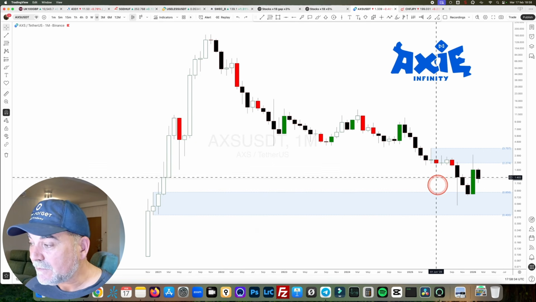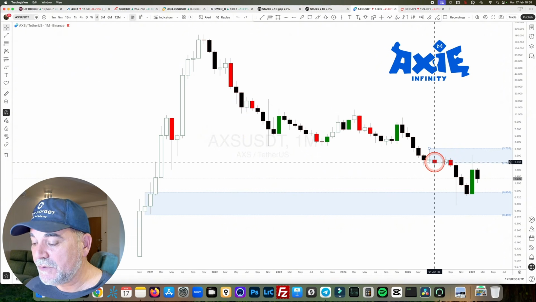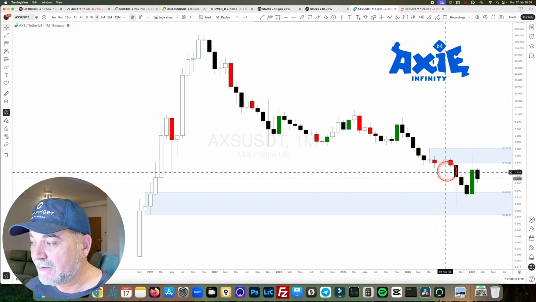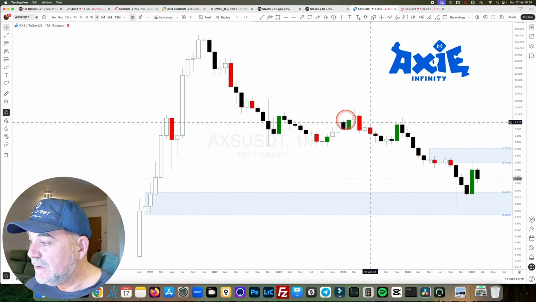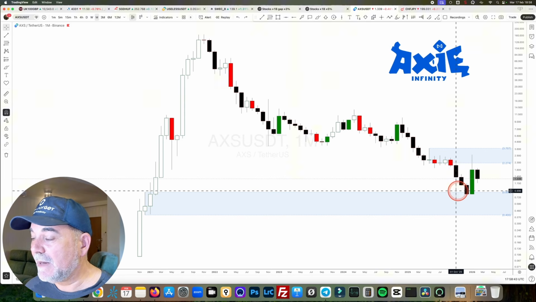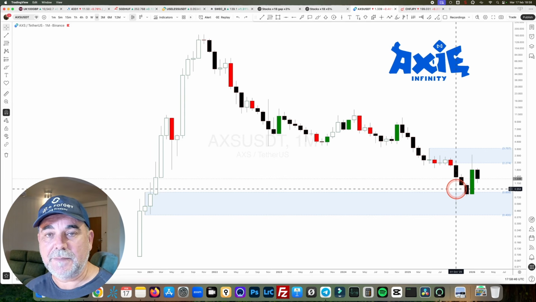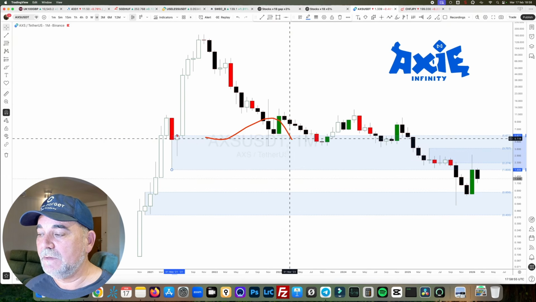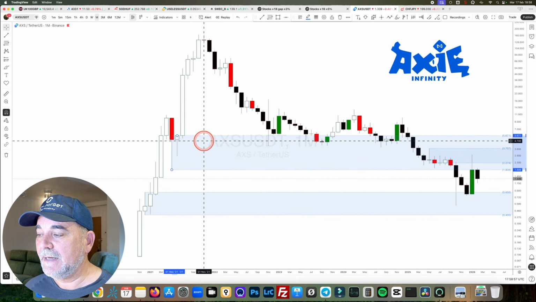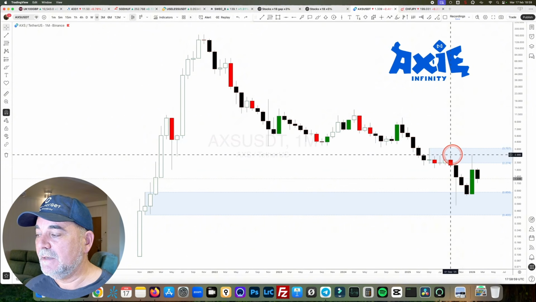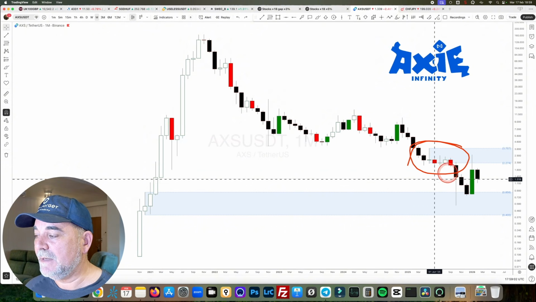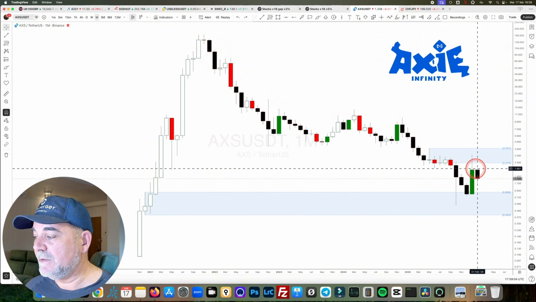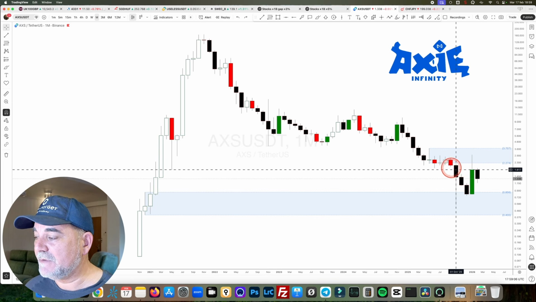Okay, so as you already know, I use pure supply and demand imbalances, starting from the monthly time frame in this case. As explained before, price action is so important. Supply and demand, price action. Price action makes supply and demand, and supply and demand is made of price action. But not every impulse is a demand level. This one over here was a demand level that held several retests, and then finally it was eliminated. And here we had a new level of supply created, and that is the one that is playing out. And these imbalances are crucial.